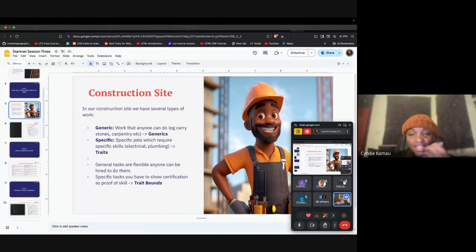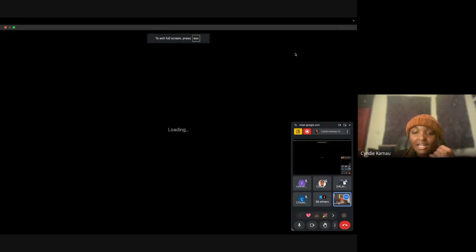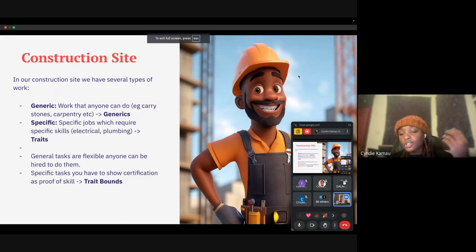In my analogy, I had a construction site analogy for someone who's completely new. Let's say we're having a construction site. A generic is work that anyone can do, and when we connect it to our code, it is a function that any logic you're writing can use. That's a generic.